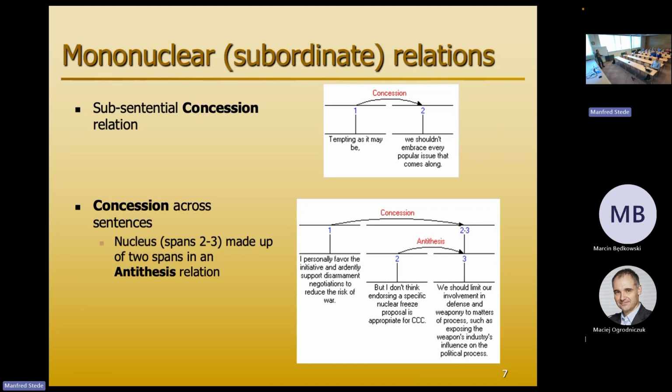Antithesis is kind of a contrastive relation, but with nuclearity. So this is less important. This is the most important thing, because that's what I want us to do. That's why this is the satellite and this is the nucleus. Did I mention the notation? No, I didn't. Vertical line indicates the nucleus of the relation, and the arrow is always pointing from satellite to